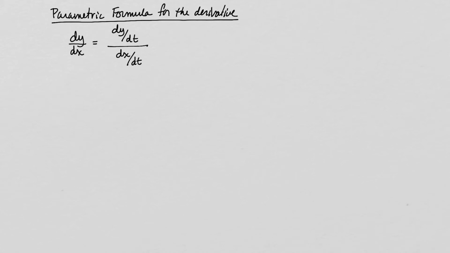And I should say, in the same manner, if you were trying to find the second derivative, d squared y divided by dx squared, that's going to be (dy/dt)' , so take the derivative of dy/dt and divide it again by dx/dt. So you're taking the derivative of dy/dt, and then you're dividing it again by dx/dt. So for example,